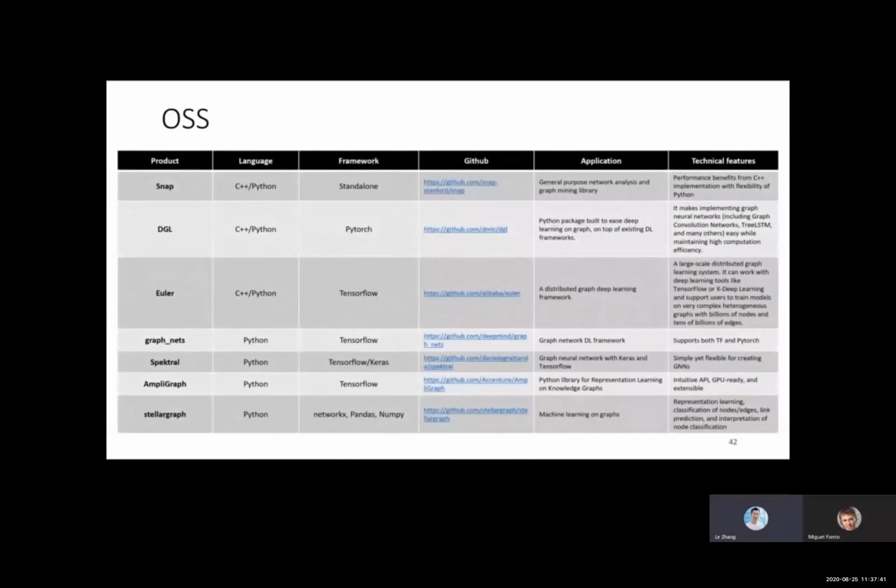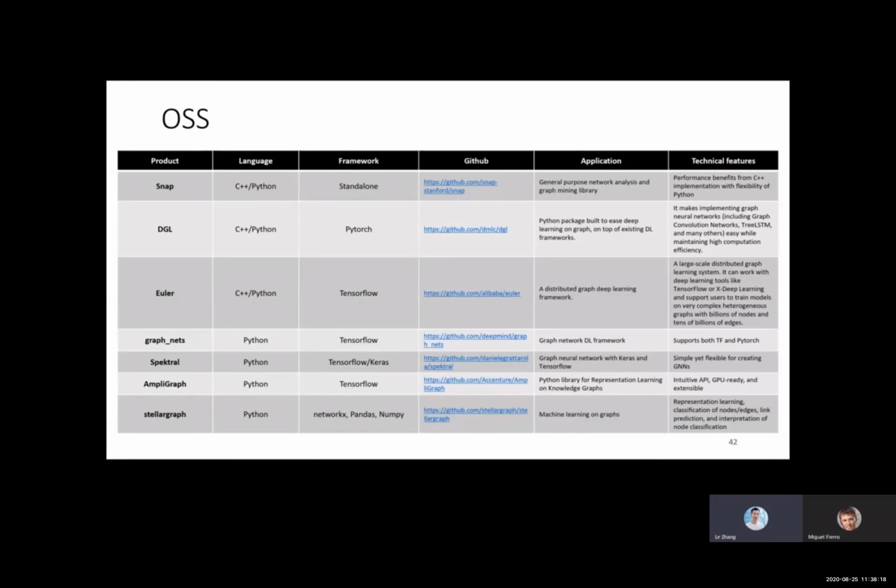So then after the database, a lot of the graph applications are built on top of the graph data that has been retrieved or obtained from a graph database. So let's say if somebody wants to build an application, like a recommendation system or any other type of graph-related analytics. So we also provide such a list, a summary of the open source tools